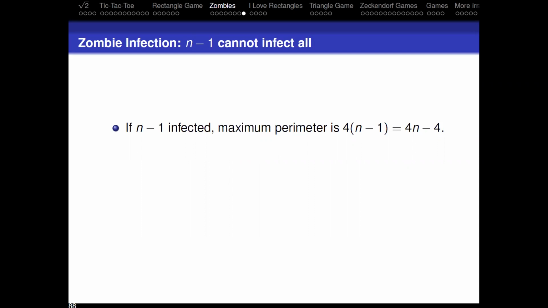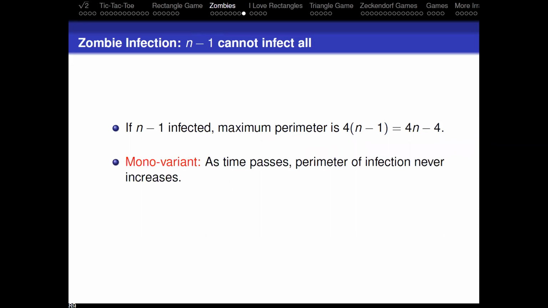Yeah. But as you just remarked beautifully a moment ago, the perimeter of the whole thing is 4n. And so since the perimeter is 4n, if everything was infected, then the perimeter of the infection would have to be 4n. We know the perimeter is at most 4n minus 1. Oops. So there must be something that is safe.